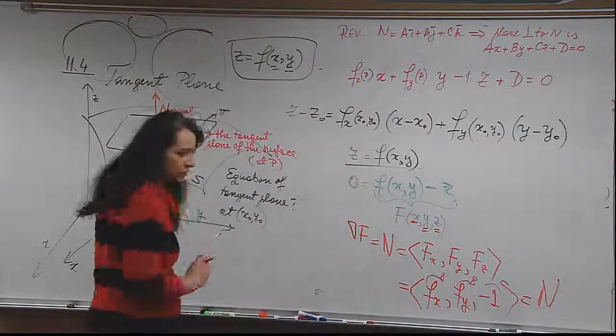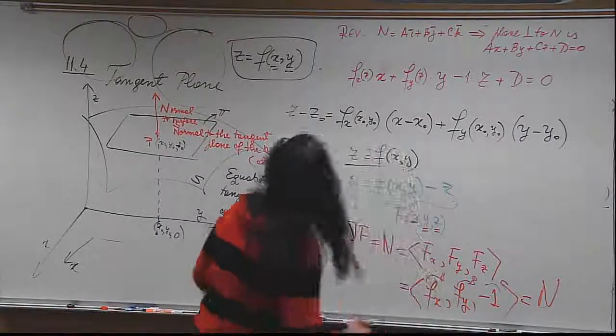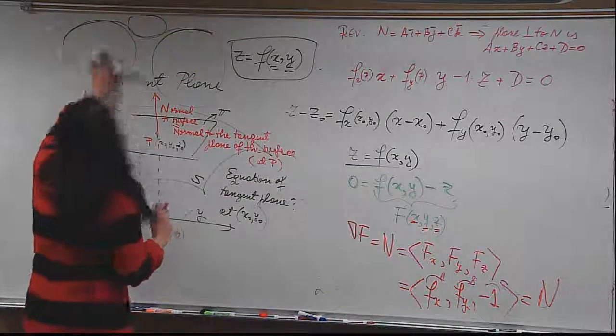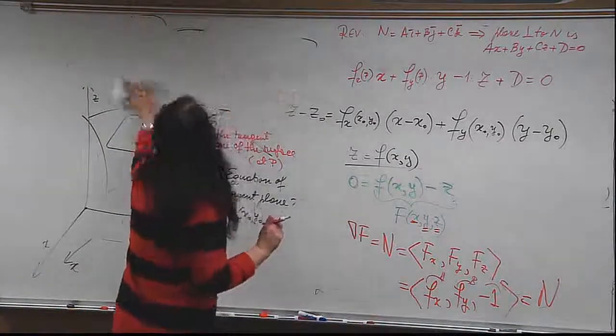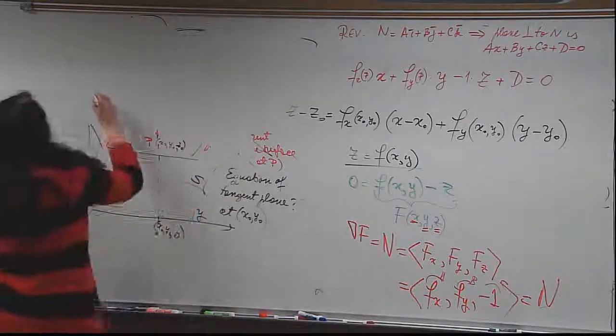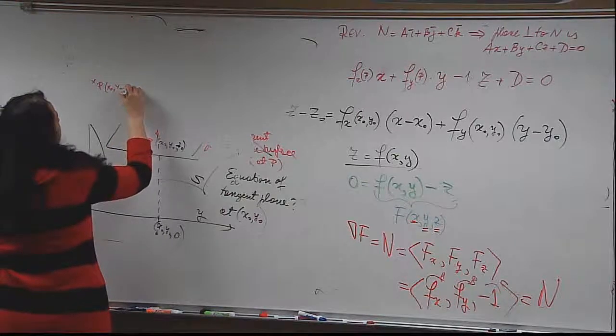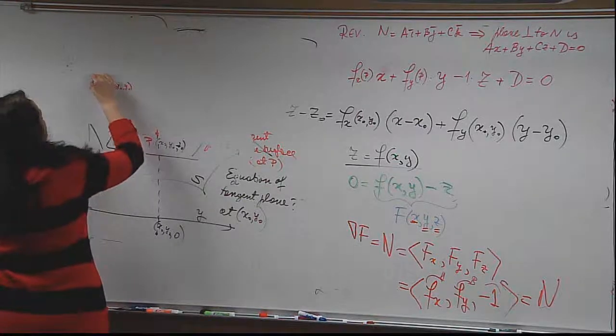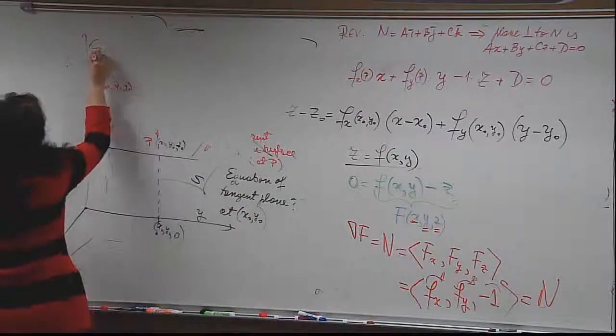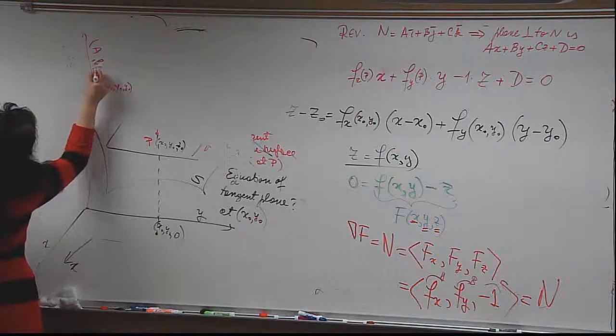So if a plane is perpendicular to a certain line, how do we write it if we know a point? If we know a point and the normal A, B, C,